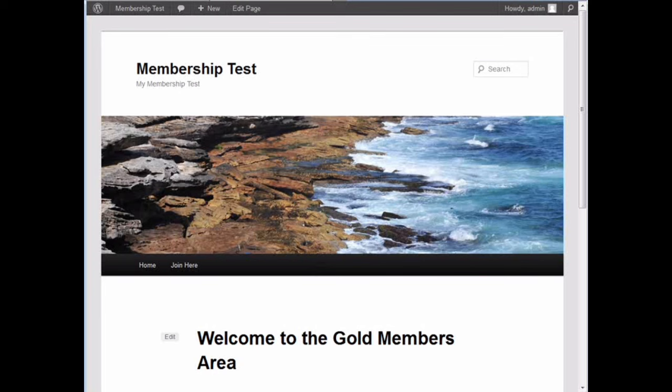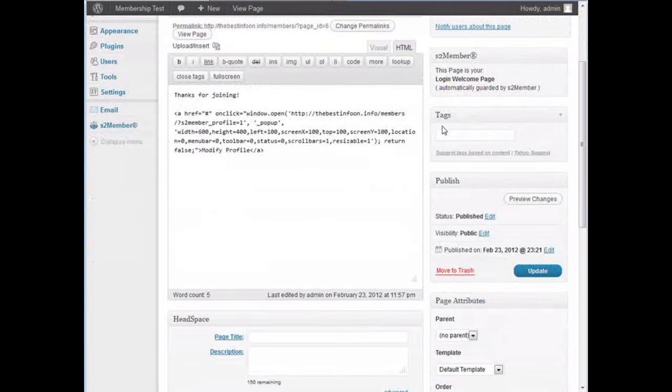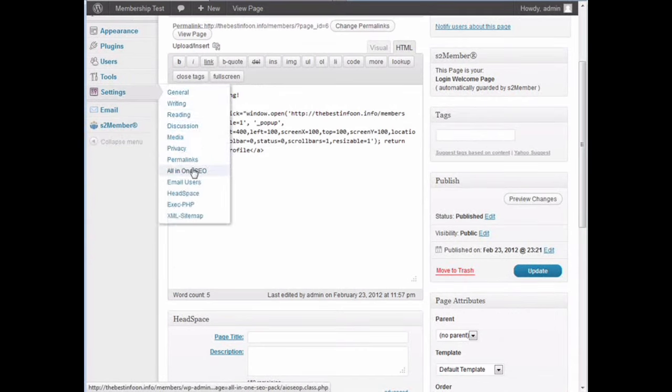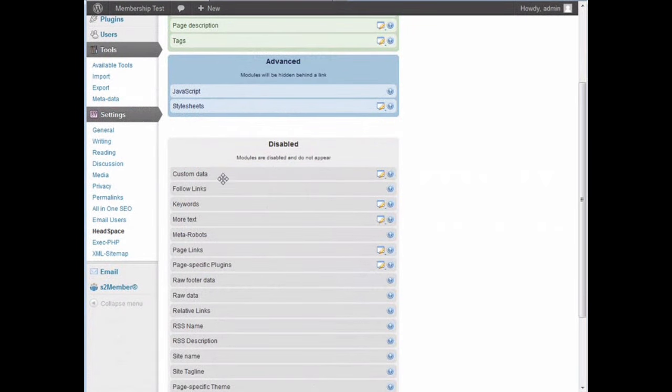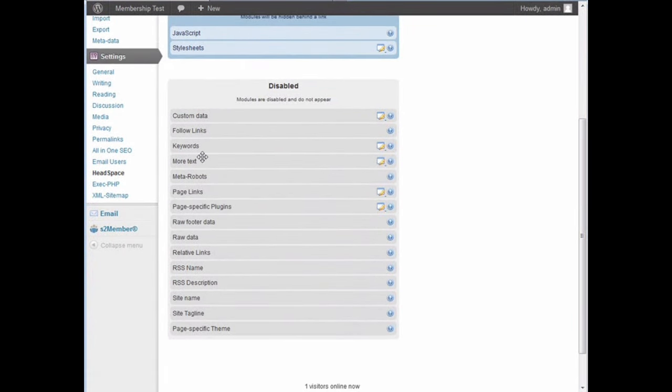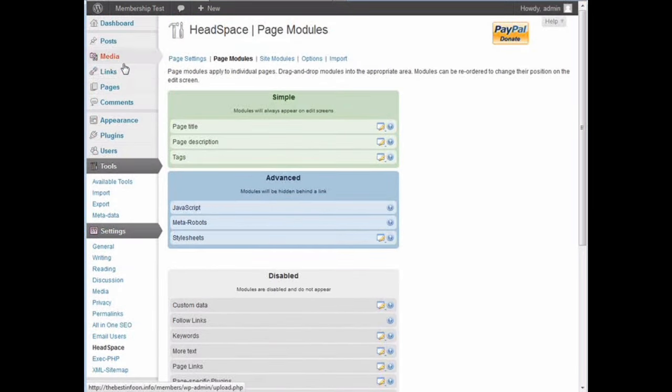Okay, now let's go back to settings, and then let's go to headspace, and let's add the search engine robots in here. That'll keep the search engines from being able to crawl the pages. So let's go to page modules, and then down here you'll see meta robots. Just grab that and pull it up here, and then when we go back to pages again,